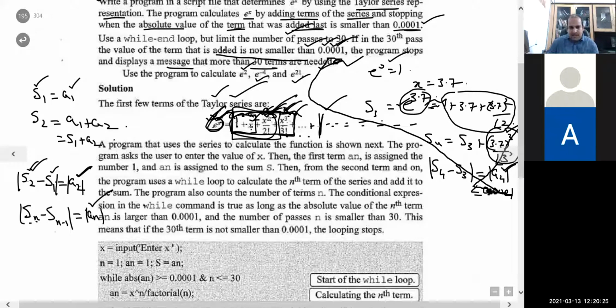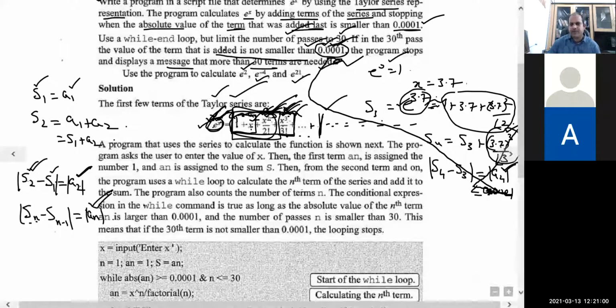इसको ये भी तो कह सकते हैं कि nth टर्म जो ऐड करोगे, ठीक है, एक्चुअली जैसे जैसे टर्म बढ़ाते जाओगे ना तो आपको क्या मिलेगा? e to the power x क्लोज आप जाते जाओगे। वही कह रहा है कि जो लास्ट टर्म हम ऐड कर रहे हैं, if that term's absolute value is less than this, then it will stop the program, or if it reaches the 30th pass. And if absolute value is greater than 0.01, it will keep on adding, the number of terms will keep on adding.